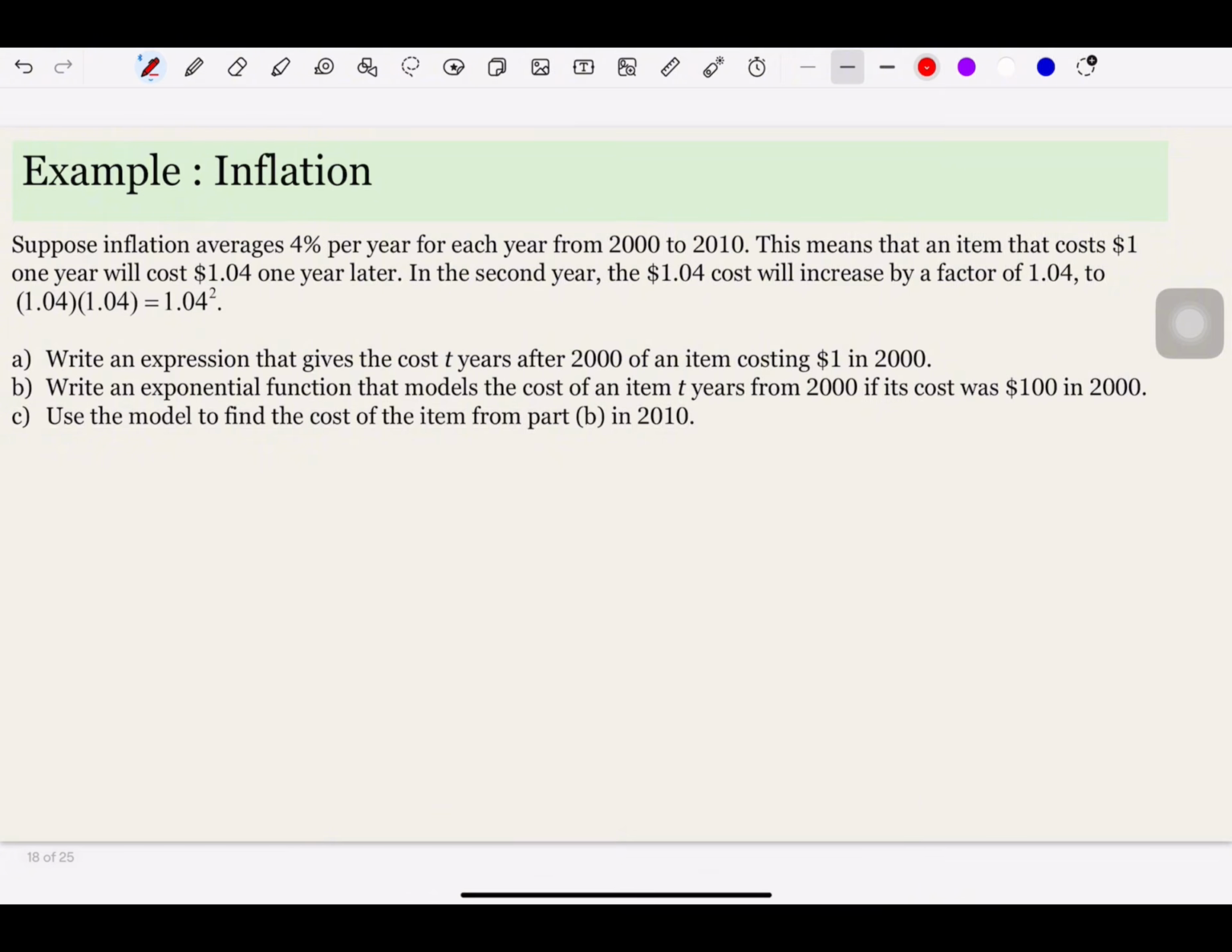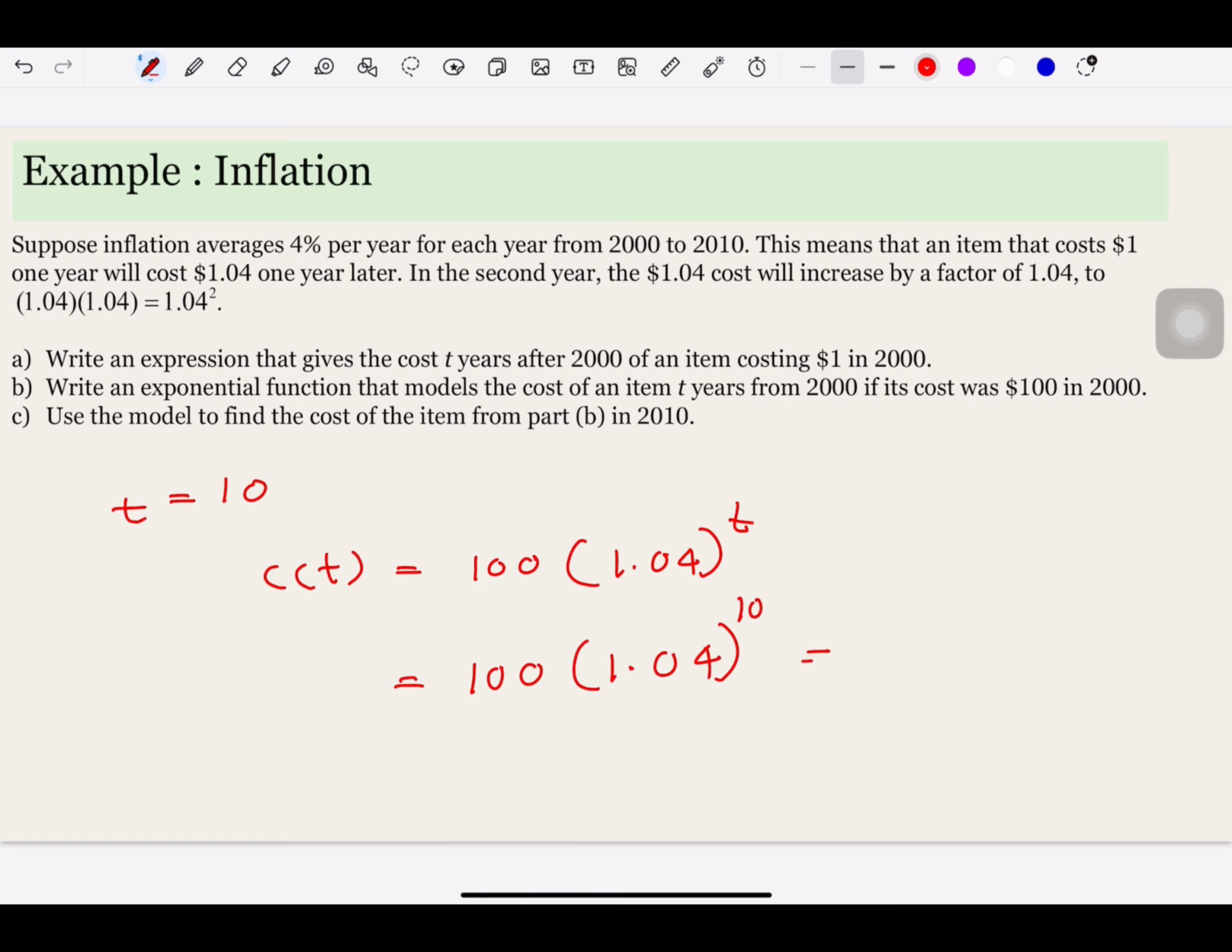Okay, part C. So you have to use this model to find the cost of the item from part B in 2010. Okay, so 2010 is 10 years after 2000. So in this case, t is equal to 10. So let's plug this t value into our function. Initially my function is this. Now I have to substitute t equals 10. So that will give me 100 times 1.04 to the power 10. If you use your calculator to evaluate this value, you will get around